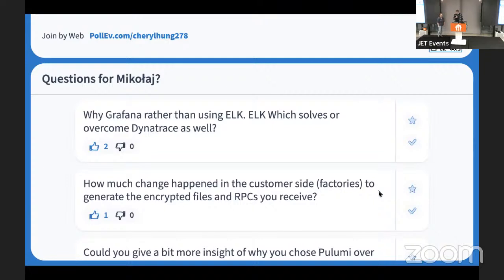How much change happened on the customer side factory to generate the encrypted files? Right now, not sure if this question is related to Anthos and the Edge, because as I mentioned, this is the future. We do not have the digital twin on the Edge.